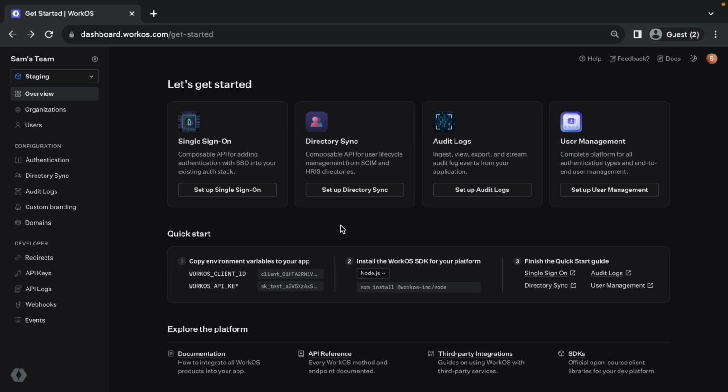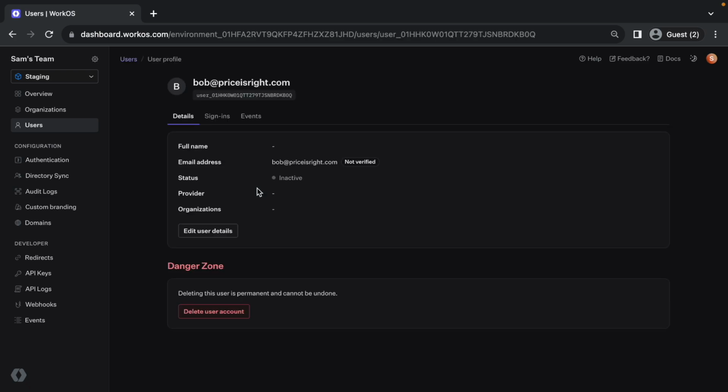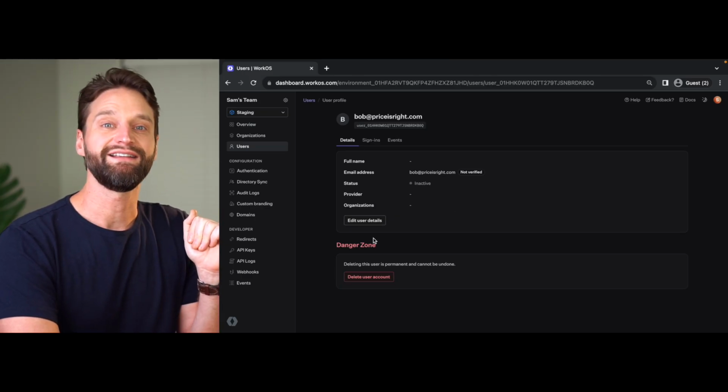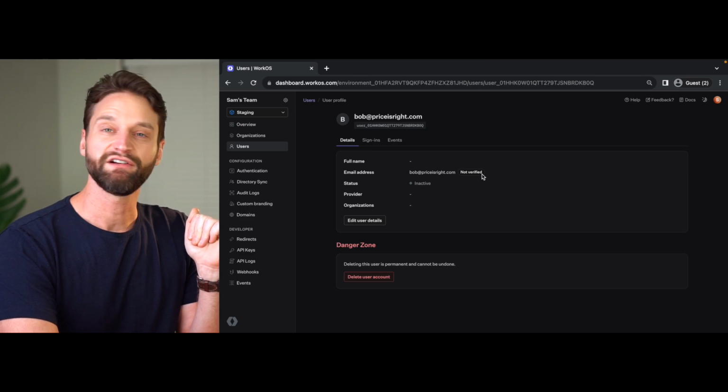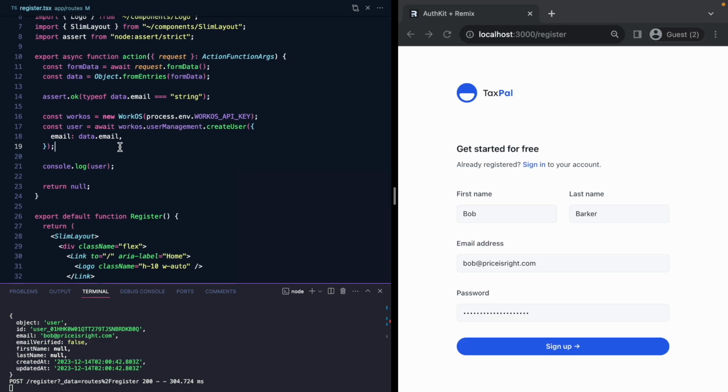We're gonna go back to our dashboard. I'll click users, and there we see Bob Barker is in our WorkOS dashboard. And we can click on him. We see his email address is right there. We don't have his full name because we just passed in the email. We didn't pass in the other fields yet, but pretty cool that it is already here. He's also not verified. So let's come back to the form and wire up the rest of these form fields